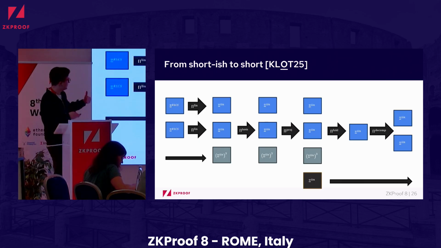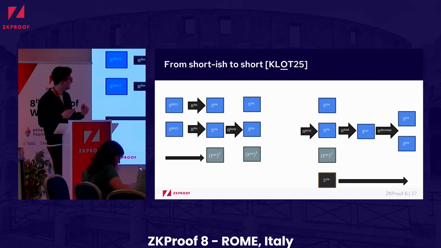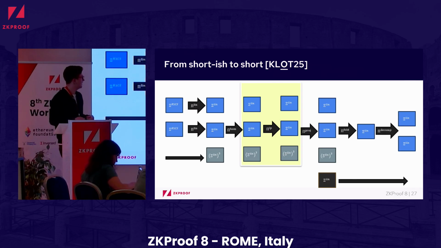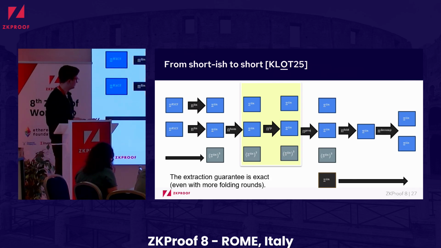Now let's look at the image of this protocol that we're designing. Before projections we are adding this inner product check, and this way our extraction is tight, and we argue about the exact norm of the witness, which doesn't propagate within many